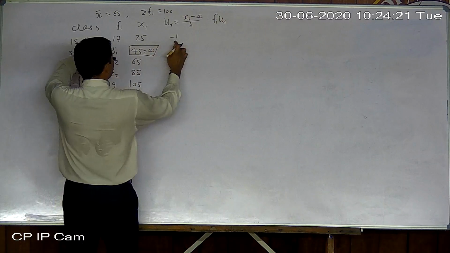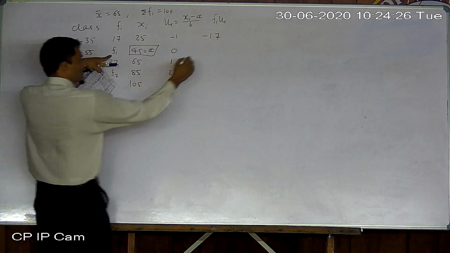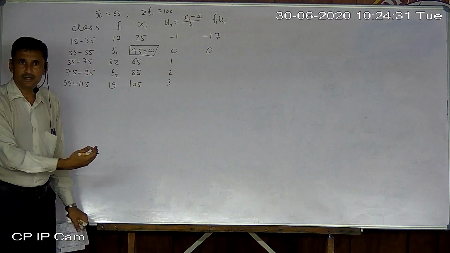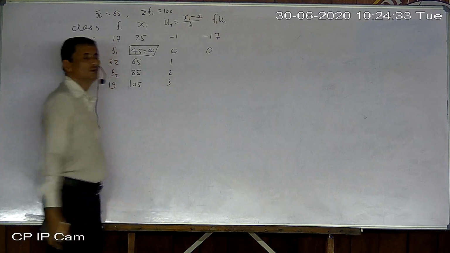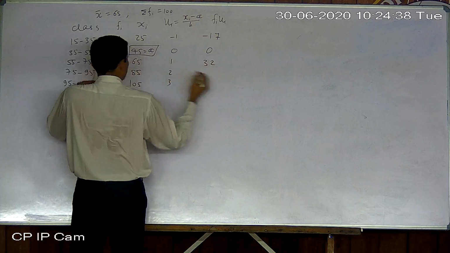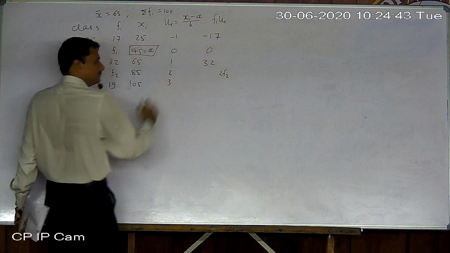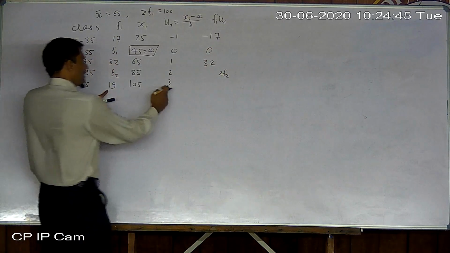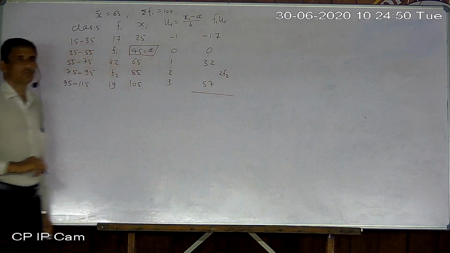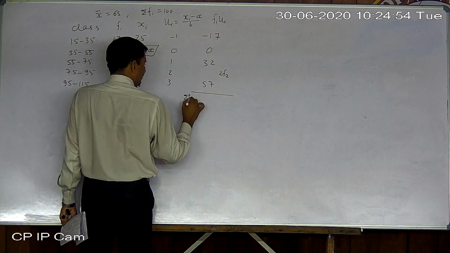Now 17 into 1 is minus 17. Okay, that is our main purpose. f1 is temporarily eliminated from this value. Now 32 into 1, 32. Now 2f2, I am writing purposely, not in the column of numbers. Now 19 into 3, 57. Okay, now make the total of the whole column. So it will be sigma fi ui.